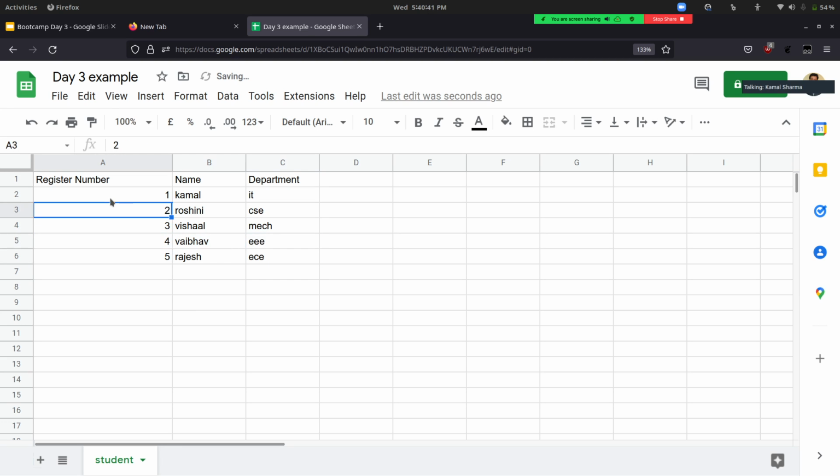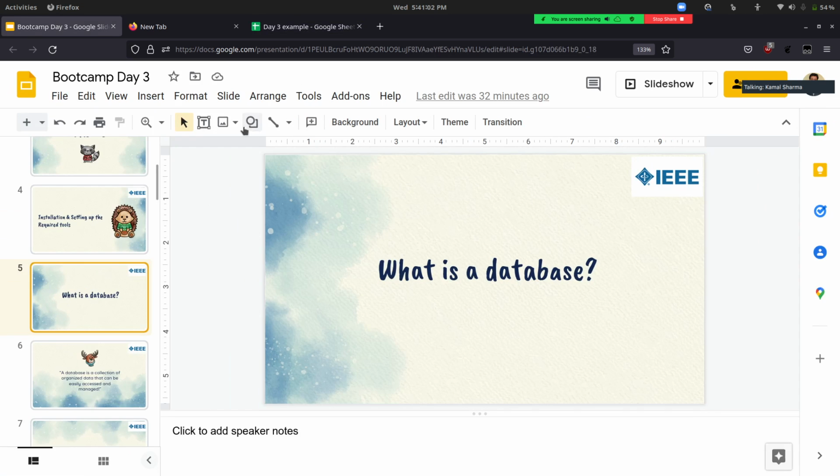So we are storing all these values in a particular fashion, right? According to the registration number, we are storing them. If we store them this way, we'll be able to access them easily. When we want to fetch details of Kamal, we'll just open this particular sheet and fetch it, right? It's for a similar purpose that we'll be using a database, so that we can store some values and, after storing them, be able to retrieve them.